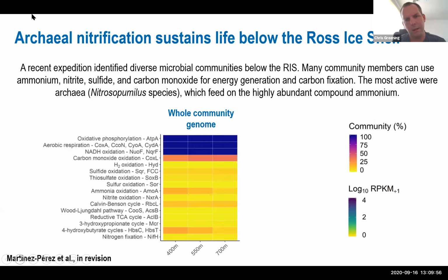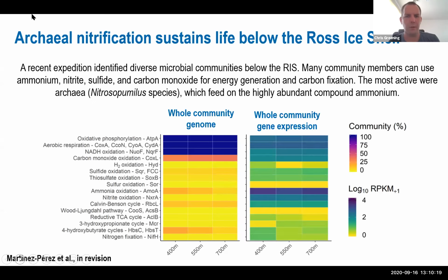What we did was use whole community genomics, so metagenomics, to figure out what the microbes in these environments were doing. We were able to see that there was a whole diversity of approaches. Some microbes were able to use ammonium, others sulfide, others carbon monoxide, both to generate energy and to fix carbon. But when we looked at the whole community gene expression, so we used metatranscriptomics, what was really interesting